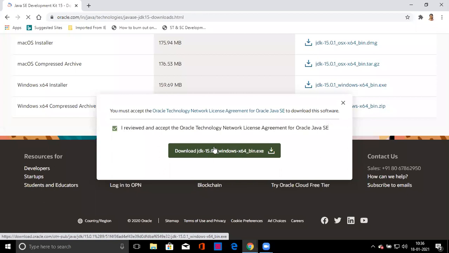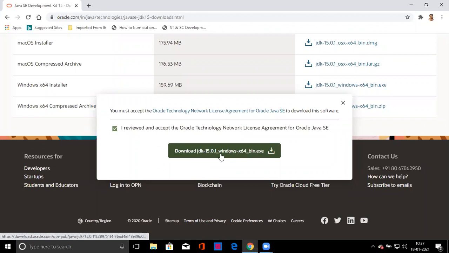This is already installed in my system, so I am not repeating the installation. You will download it in your system. You click next, and finally it will show that the installation is finished, and you have to click the finish button or close button.